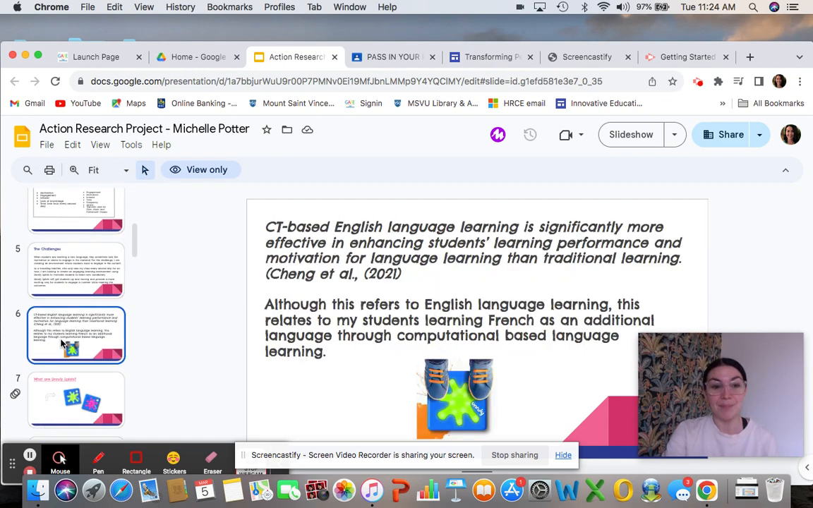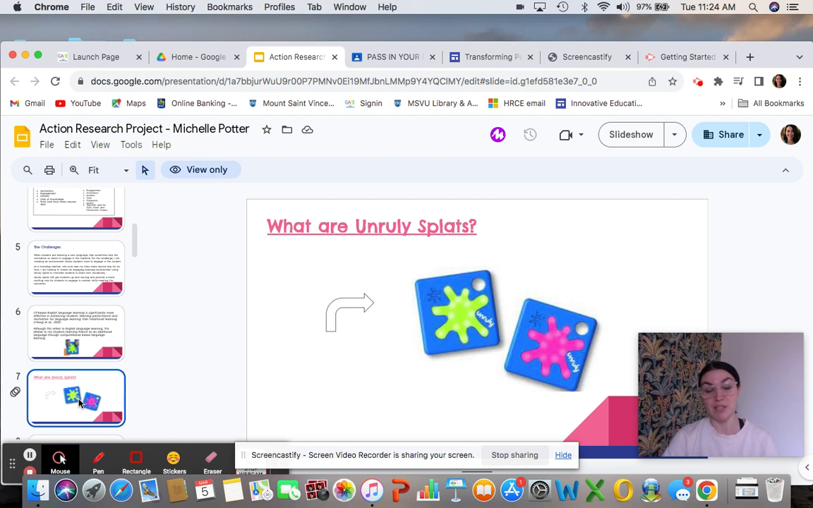So, if you've never heard of Unruly Splats before, they are a pretty cool coding tool. I was lucky enough to already have this in my own school, but this is something that if it interests you, you can sign up for and you can possibly have them brought into your school. So they are a coding tool. It's pretty easy for student use. It's student friendly. Students can code their own lessons, or there's pre-coded lessons,